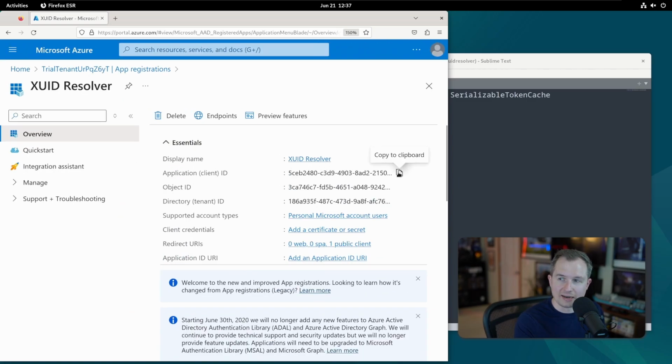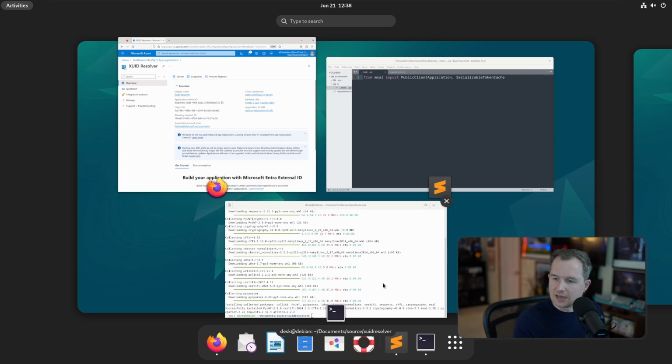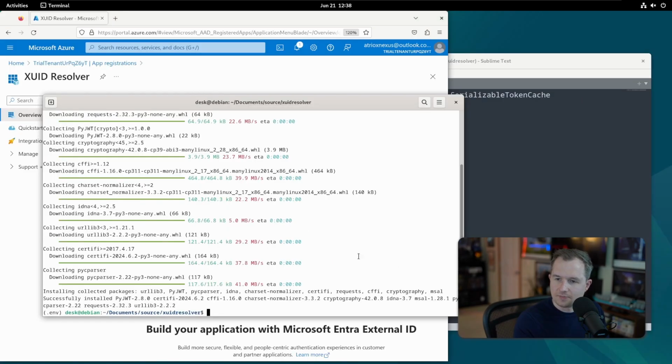The application client ID, that's what we need. I'm gonna copy this to clipboard because that's what I want here. And what we want to do is store it somewhere. I can store it in the script. I can store it, of course, in the Python script directly as a variable, but I prefer actually using the environment variables. So I'm going to jump on over here to my terminal, and inside of it, terminal, I will